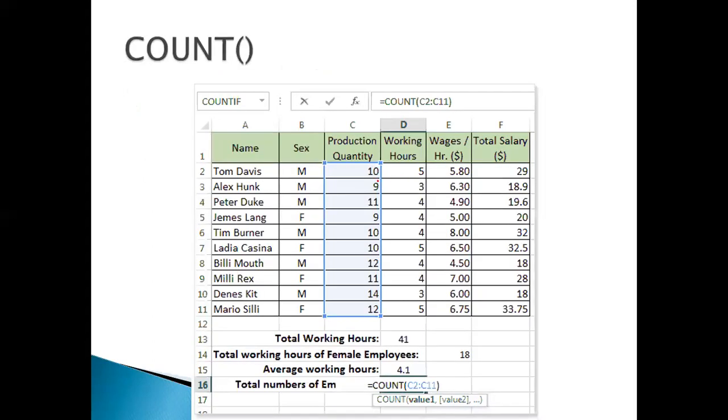Similarly, we can even count how many numbers are there. That count is also possible with the help of the count function, count, and then parenthesis. In the parenthesis, you have to give the range.